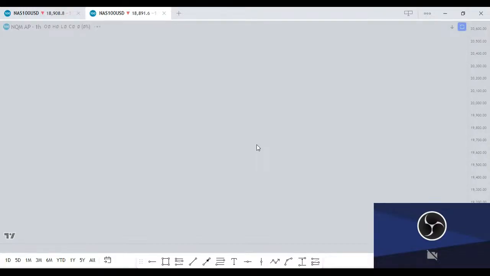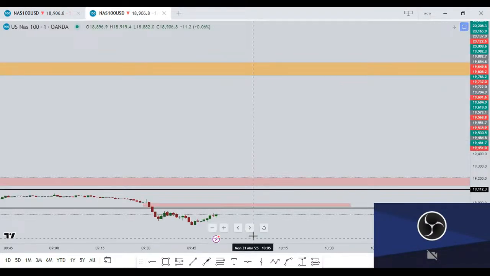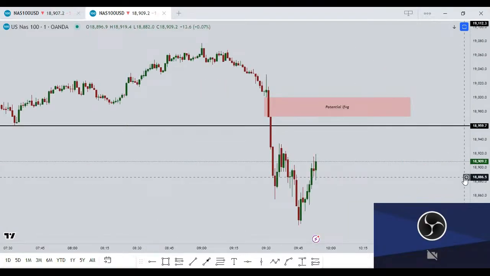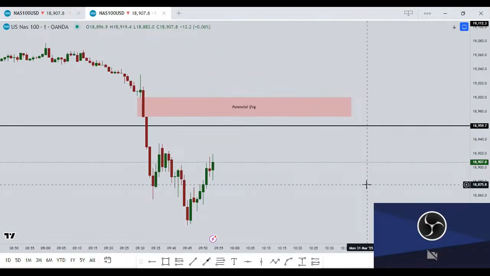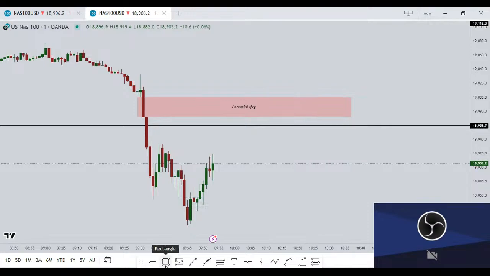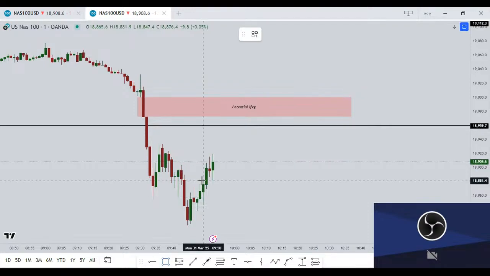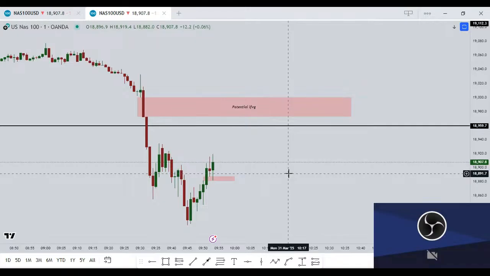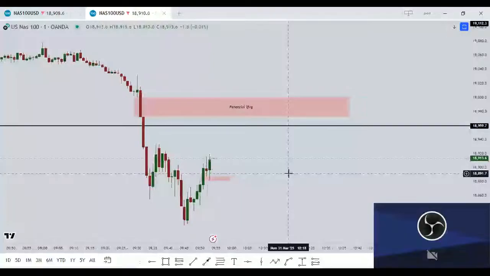Okay, let me go back to NASDAQ. So you see on NASDAQ, we're having the market. Oh my God, I have something very interesting. This fair value gap, let's watch it. Matter of fact, I will take an entry inside this fair value gap and I will explain later. I'm taking an entry inside this fair value gap, okay? I'm taking a buy entry. I will explain in